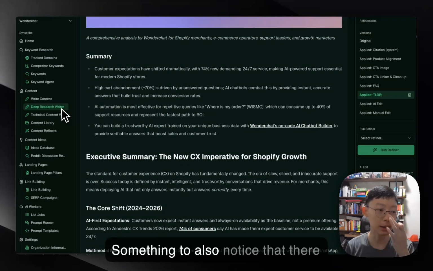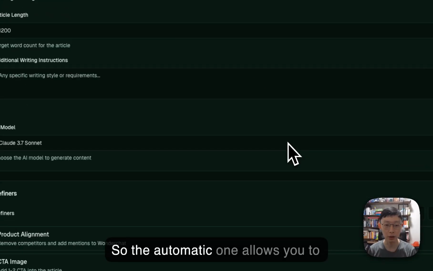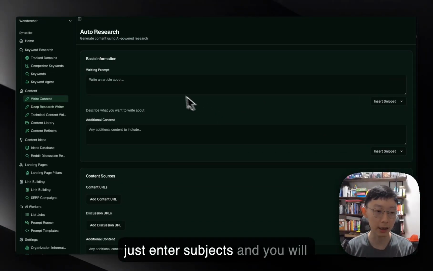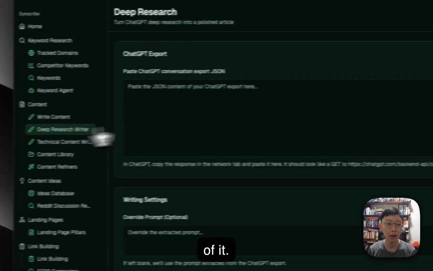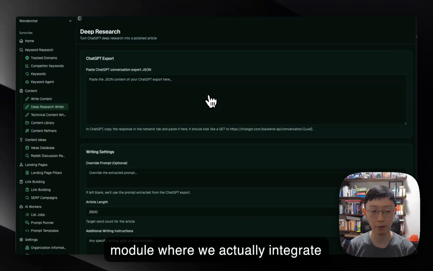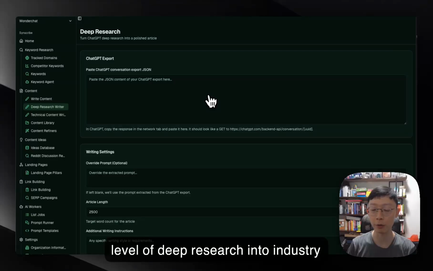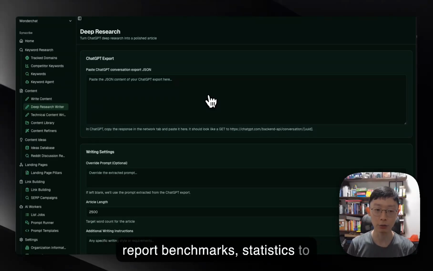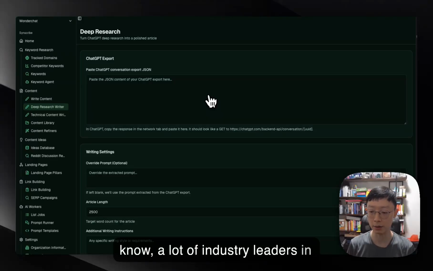Something to also note is that there are various variants of our writer. So the automatic one allows you to just enter subjects and it will perform the research and do all of it. There is also a deep research module where we actually integrate with ChatGPT to perform a certain level of deep research into industry reports, benchmarks, statistics to really create something that a lot of industry leaders in the space would